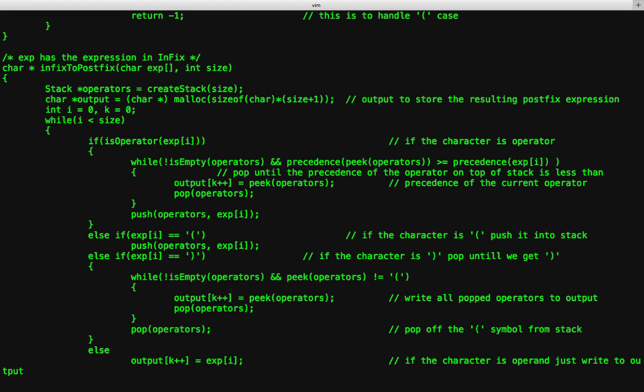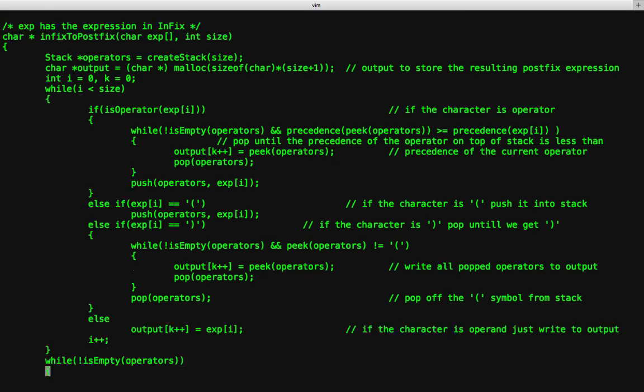Otherwise, what do you know? You know that it's not an operator. You know it is not a parenthesis, open or closed. Therefore, it must be an operand. Of course, you must be careful when you use this function. If I give you a meaningless symbol, your formula may not be evaluated. Now you go to the next symbol. You repeat this procedure till the whole expression has been processed,